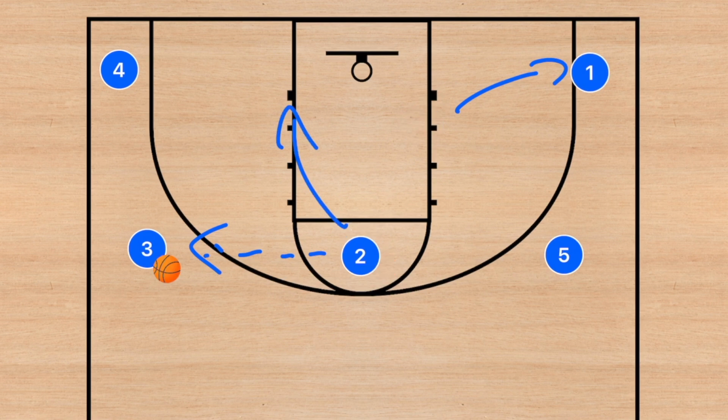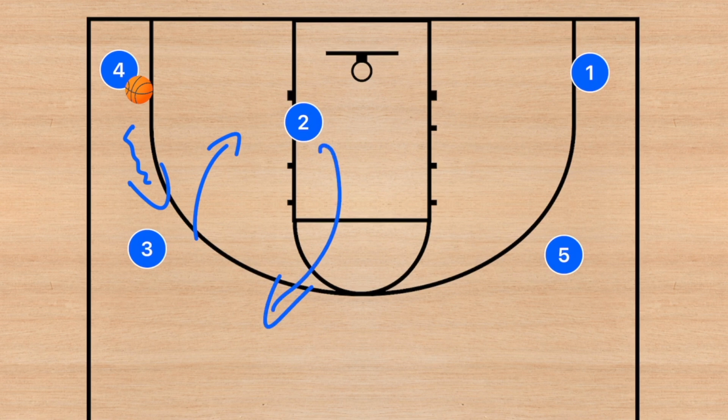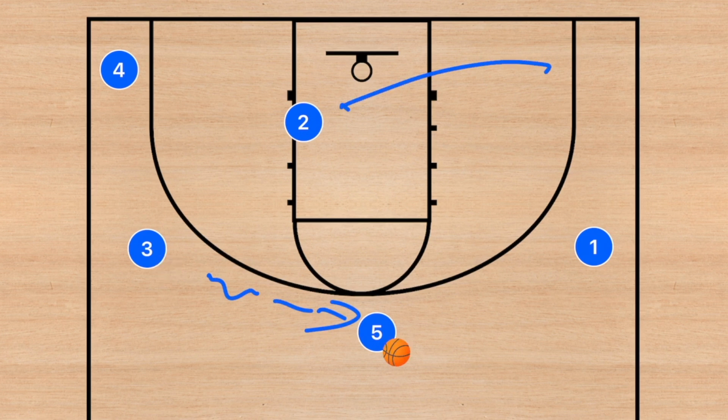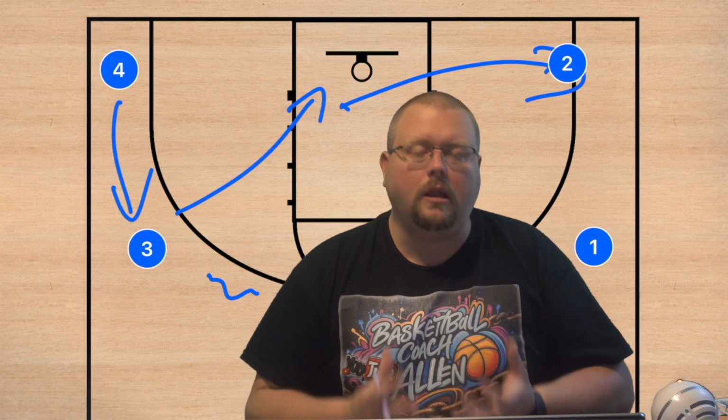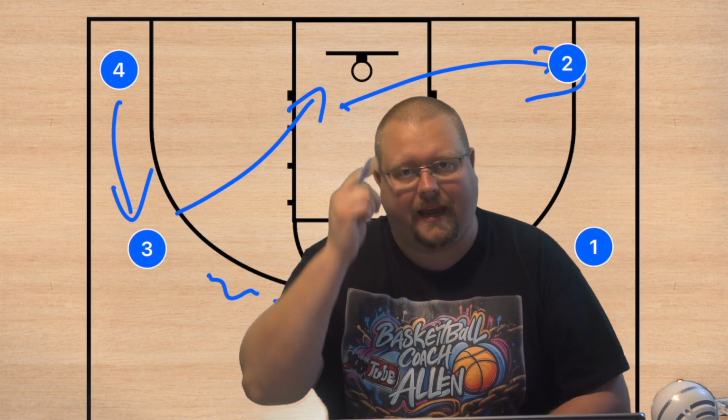Player 2 continues his cut, and it's going to dictate if player 3 passes to 4. He can then dribble up, cut to the basket, and player 2 would fill out. If he passes then to instead player 5, then that pass would go to player 5. Player 2 gets out of the key because now the next person is cutting, and player 4 would be lifting. So it's all about reading and reacting, and a few small principles that you need to pay attention to as